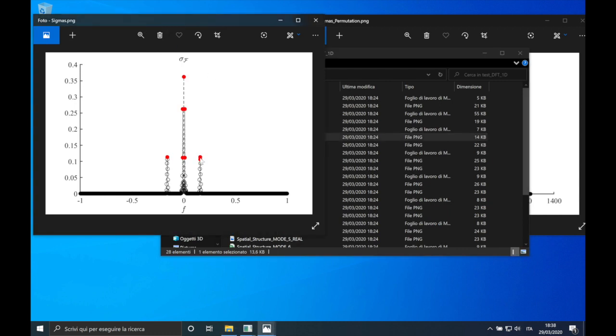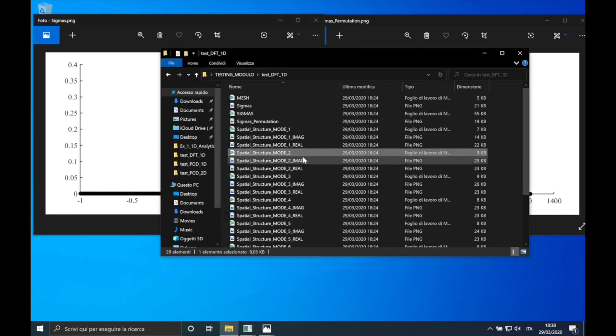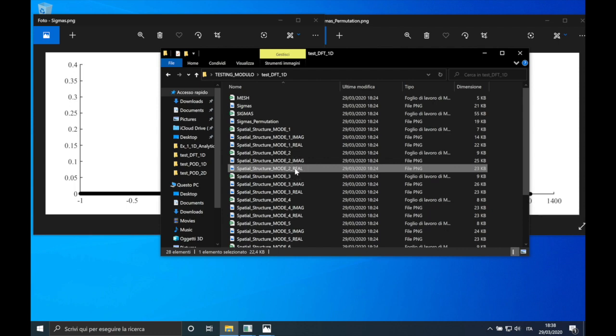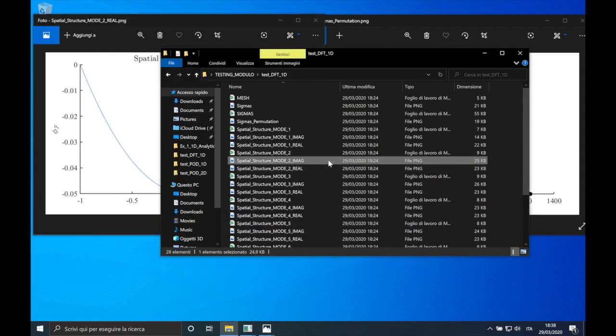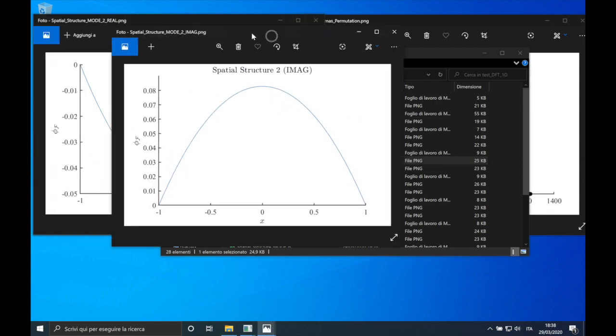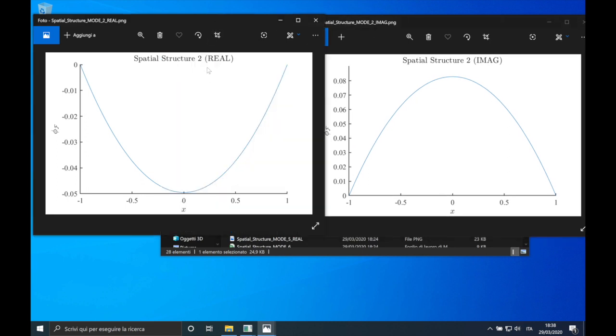The other amplitudes are conjugate pairs. In fact, the real and the imaginary part present a phase delay. For example, if we look at the spatial structure of the second mode, we can see that the real part on the left and the imaginary part on the right of this spatial structure present a phase delay. This is obviously summarized in the Excel file